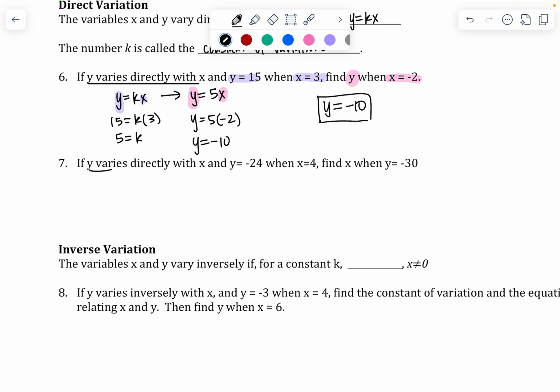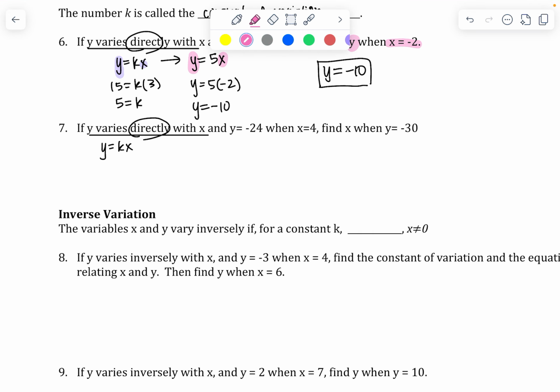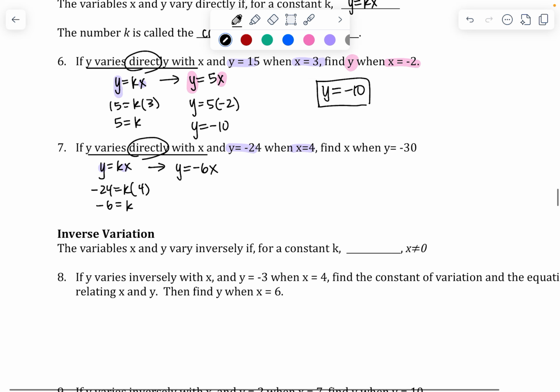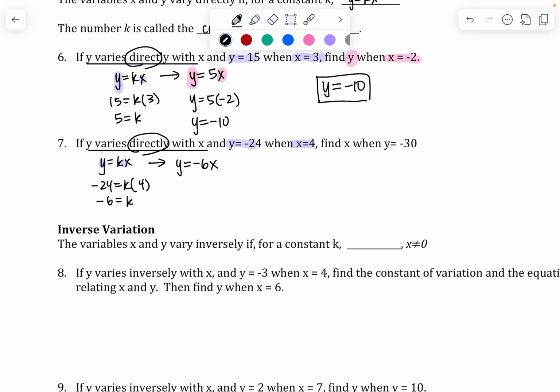Okay, here y varies directly with x, so your first step is to write y equals kx, because you see that word directly. And then they're going to give you enough information to find k. Y is negative 24 when x is 4. So we're going to fill those in. Divide by 4, and we get k equals negative 6. So our equation becomes y equals negative 6 times x. And so part 1 is